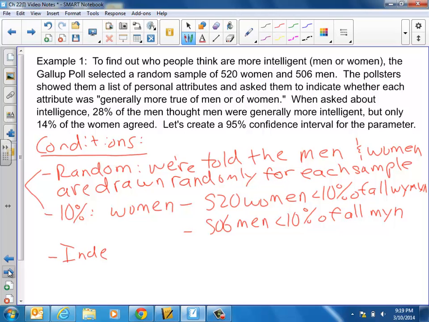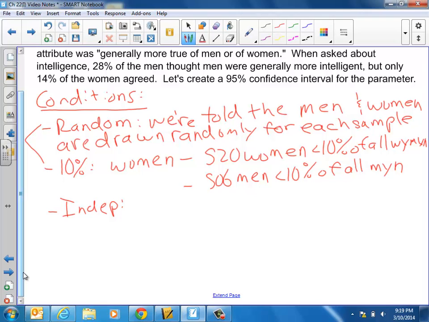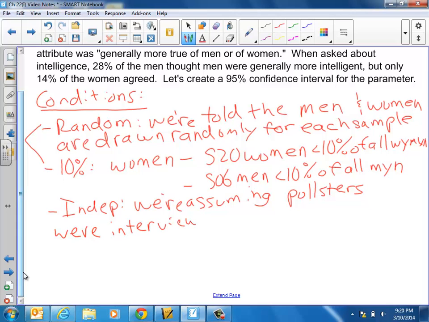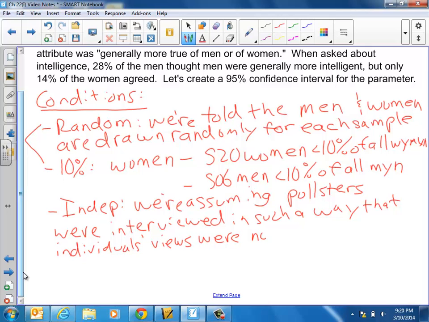Let's check next for independence. We're not really told, again, how the test was conducted, aside from the fact that it was a simple random sample, or a random sample rather. So we just need to say that we're assuming pollsters, those who were polled, were interviewed in such a way that individuals' views were not affected. Okay, so independence we've checked, and then the last one we need to be aware of is the success failure